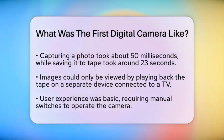User experience with this camera was quite basic. Photographers had to manually flip a switch to turn it on and then flip it again to take a picture. There were no features like autofocus, color capture, or instant image review that we take for granted in the digital